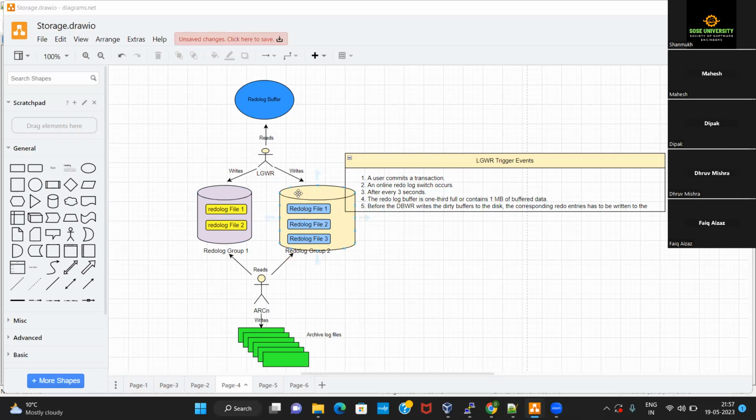Because of how it works internally. Say LGWR got activated and starts writing all the redo entries which were present in the redo log buffer onto these redo log files. And assume that the size of each redo log file present inside this group is approximately, say, 500.